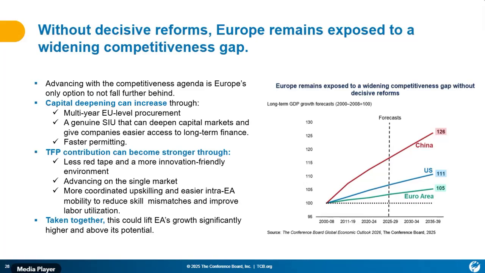Assuming these kind of policies happen at an EU level, it's very likely that we can see growth from the low 1.2, 1.1% levels we have now to maybe around 1.5, 1.6% for the next 15 years. And of course, this will help the euro area to not fall further behind compared to its competitor economies. Thank you. And I can stop here.